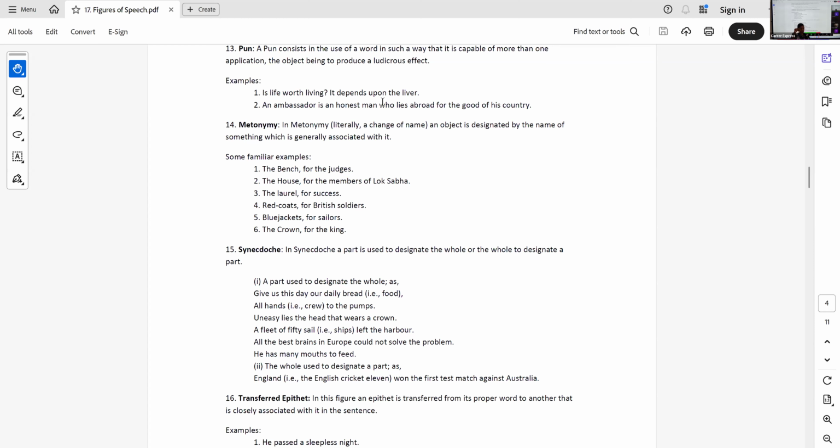The pen is mightier than the sword. The pen represents the writer, the author, and the sword represents the soldier. So can you see the article is representing the person? Crown, Queen, White House, US government, right? Pen, writer, sword, soldier. Okay, but this is not to be confused with the next one.